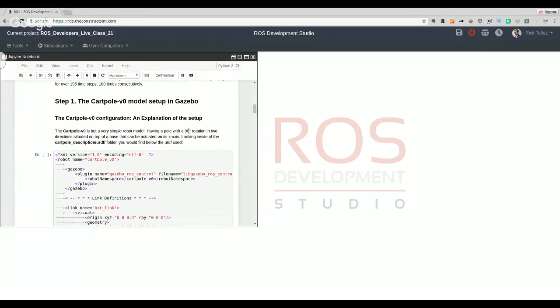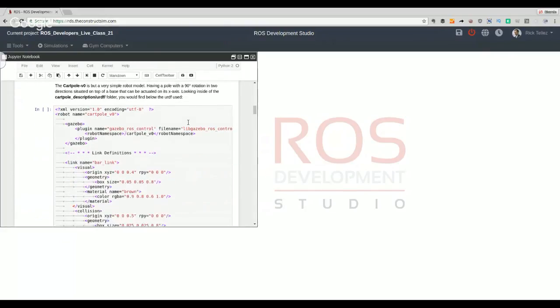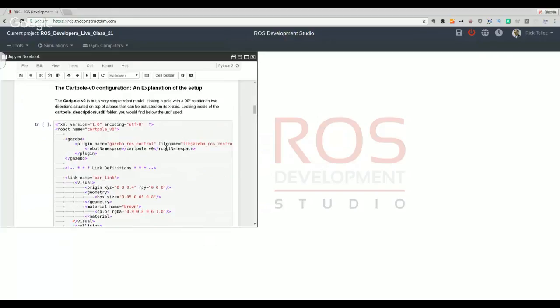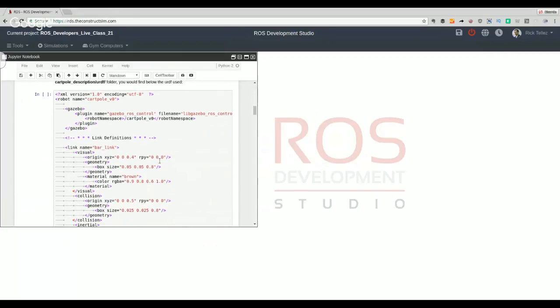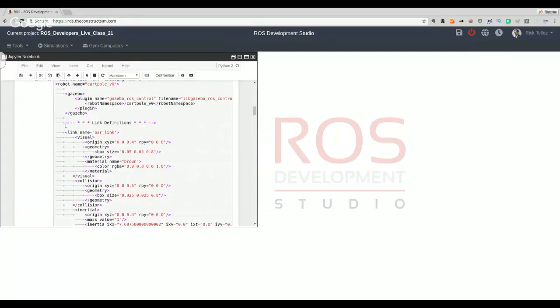And then let's go, and let's talk about the simulation. We are not going to create the simulation here. We showed in the previous month how to create simulations for Gazebo, so please go to the other live classes of the last month and you will see how to create those simulations. I'm just going through it very quickly. Basically, what we are doing is to create the links